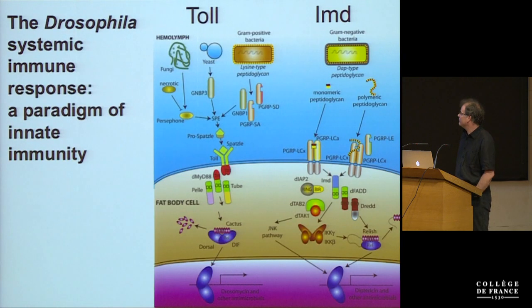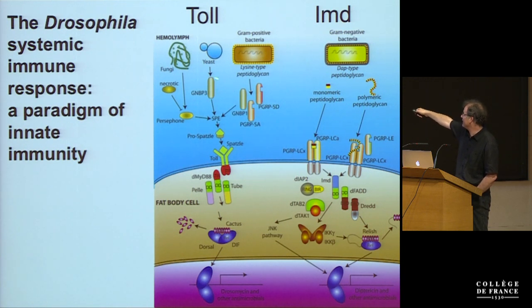So work has shown that this response is regulated by two pathways, the Toll and IMD pathways, which are activated by different classes of microbes. You see, gram-negative bacteria are sensed by peptidoglycan that binds to a transmembrane receptor, and this leads to the activation of the pathway. In contrast, gram-positive bacteria, yeast,